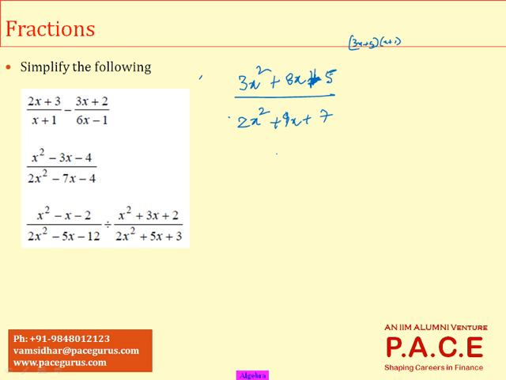Now what I can do here, so I need to take two numbers in such a way that their product is 15 and sum is 8. I can write them as 5 and 3. 5 and 3, their product is 15, the sum is 8. So what I'll do is I'll write it like this: 3x squared plus 5x plus 3x plus 15